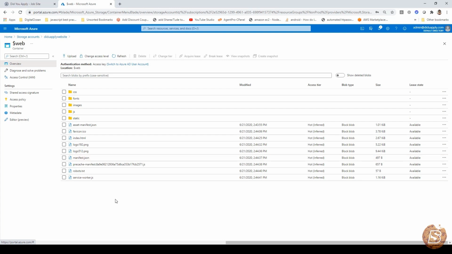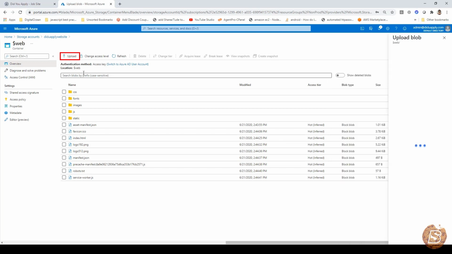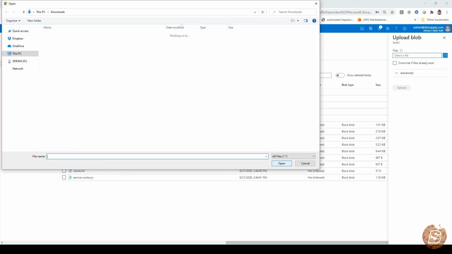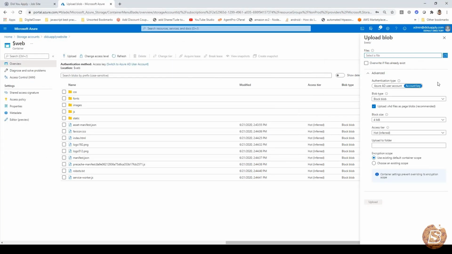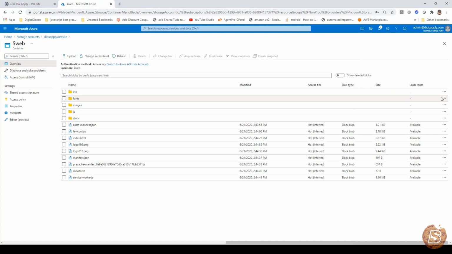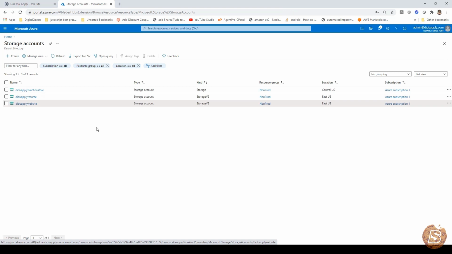Now uploading contents is very easy. You can go ahead and use this option to upload things. Like over here, select a file, choose it and upload it. It also has this advanced option, but this is not that user friendly. There's a tool provided by Azure which we can make use of to upload a directory itself to the Azure container. That we will look into in the next lecture, but that's how we basically host a static website